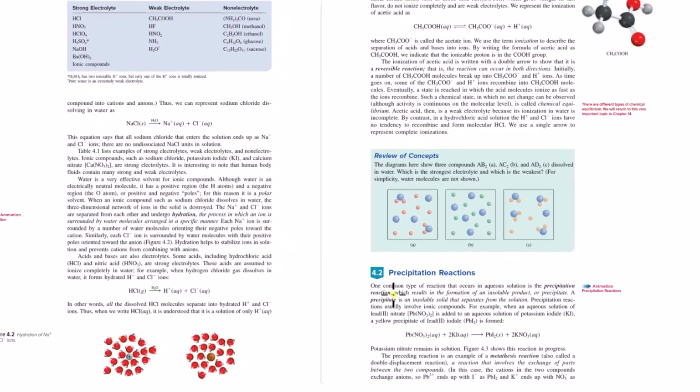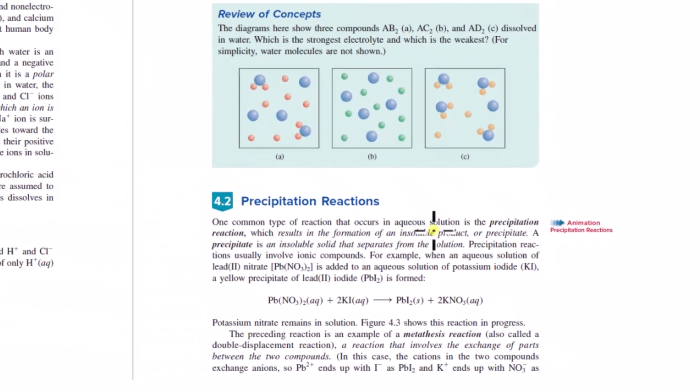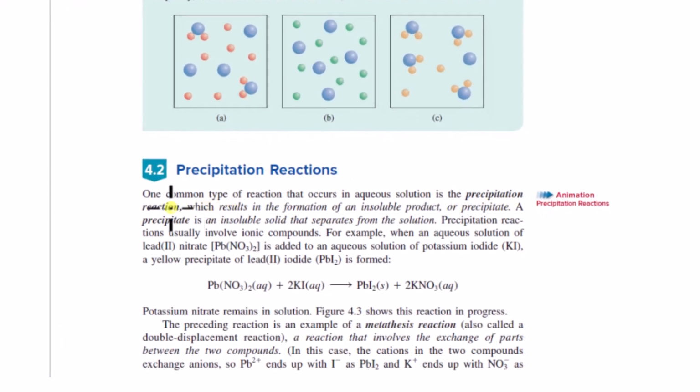Okay, one common type of reaction that occurs in aqueous solution is the precipitation reaction, which results in the formation of an insoluble product or precipitate. A precipitate is an insoluble solid that separates from the solution. With any reaction in aqueous solution that we're going to study in this chapter, but really any reaction in general, the idea is the way we're going to conceptually visualize and interpret what's happening is that